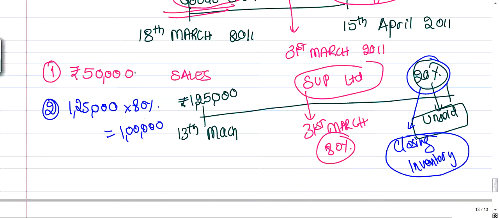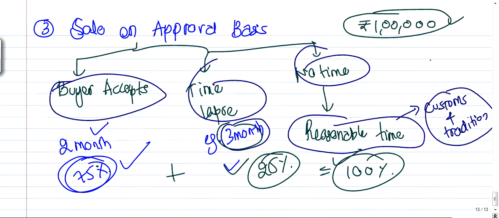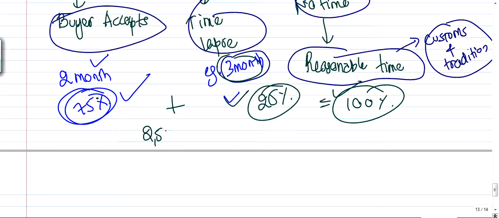So 50,000 here, 1 lakh here, 1 lakh 50,000, and here 1 lakh, 2 lakh 50,000 will be considered as the sales